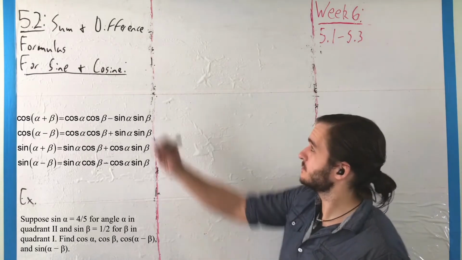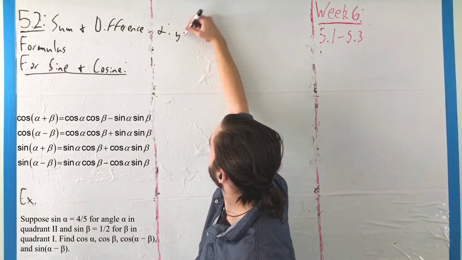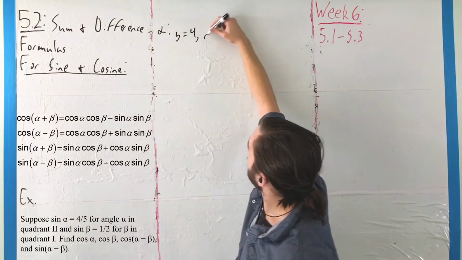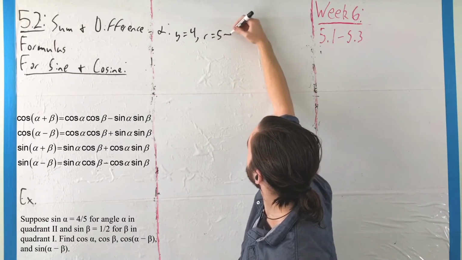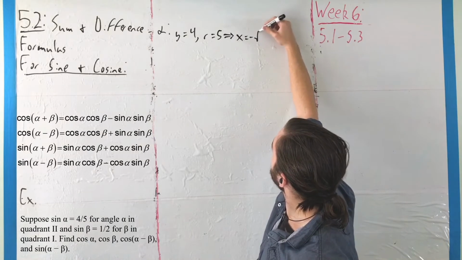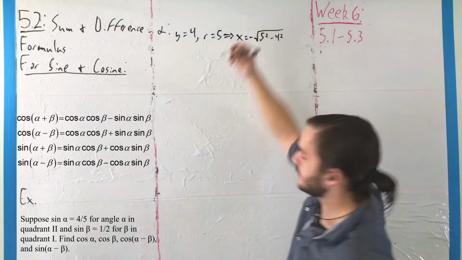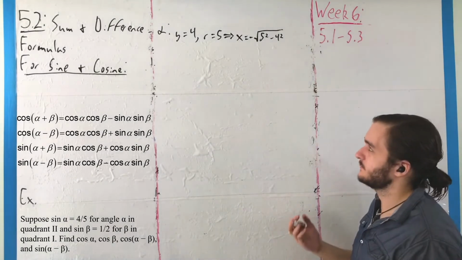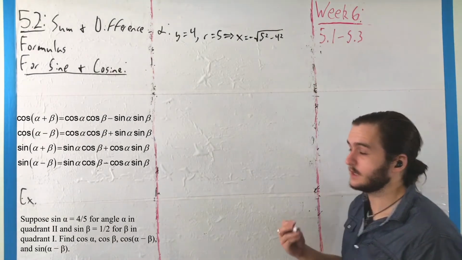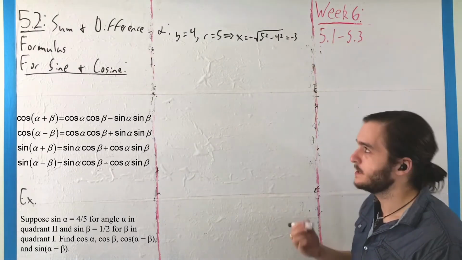That is, what is x? So for alpha, we're given that y is equal to 4 and r is equal to 5. So accordingly, x has to be equal to the negative square root of 5 squared minus 4 squared, where it's the negative square root specifically because we are in the second quadrant, which means we get -3 for x. Similarly,